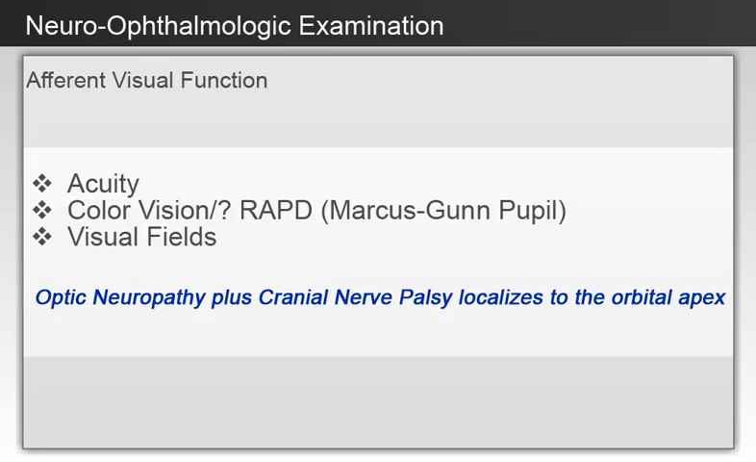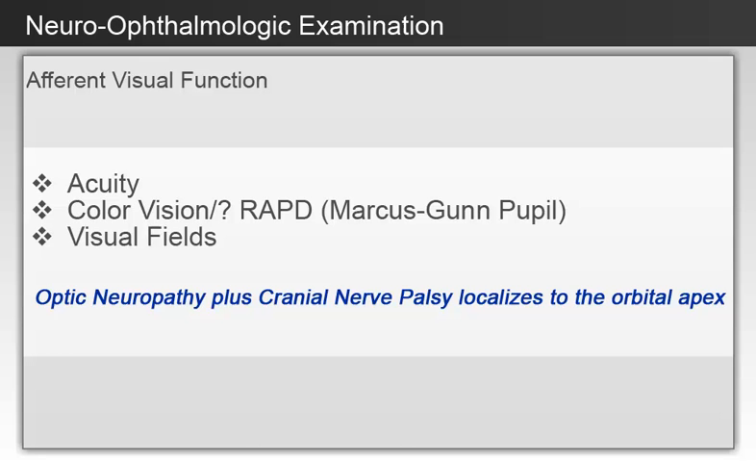First step of this process would entail an assessment of the afferent function of the visual system, and so you would assess the visual acuity of either eye individually and then determine whether there was an impairment in color vision, and if there was a disparity in the acuity of the two eyes, you would want to determine whether there was a possibility of an optic neuritis, and to do that you would perform the so-called swinging flashlight test,